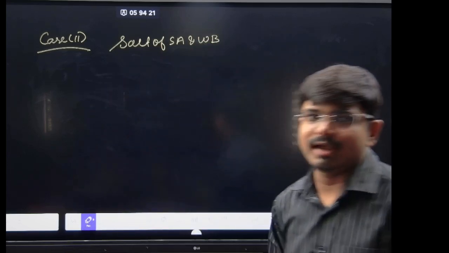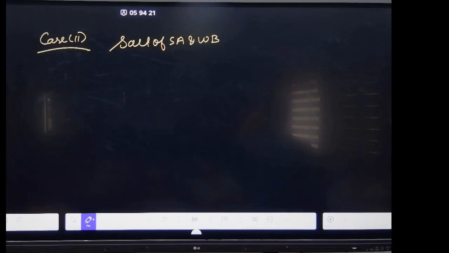Can you give an example of salt of strong acid and the weak base? It will be NH4Cl? NaHSO4, both are strong. Strong acid and the weak base. It will be, बताओ,